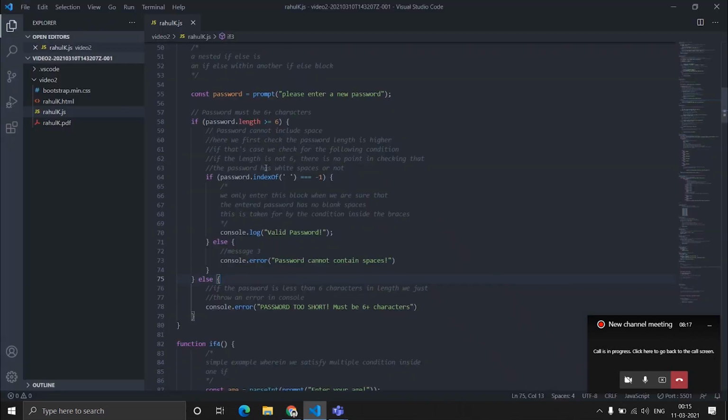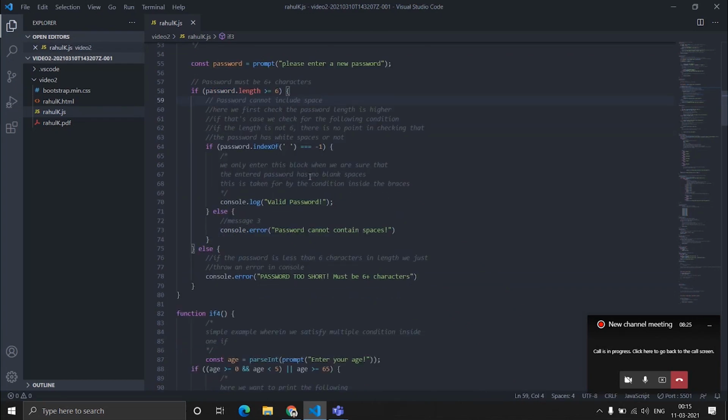So what happened is, if the password length was greater than or equal to 6, we came inside this if else block, and then it checked for this condition. As we have seen, this compares for equal value and equal type. So it gave valid password.